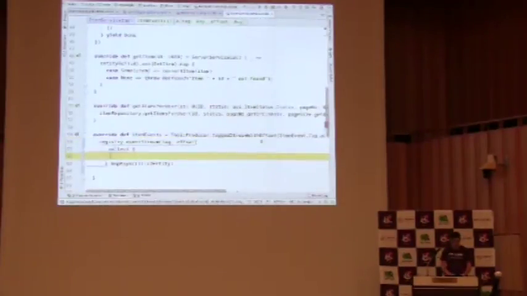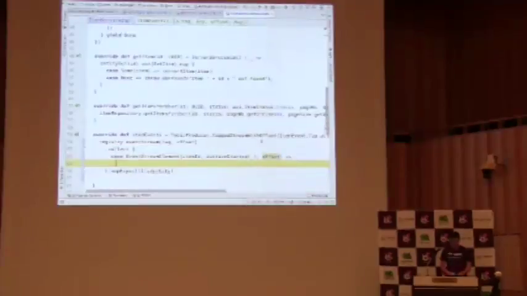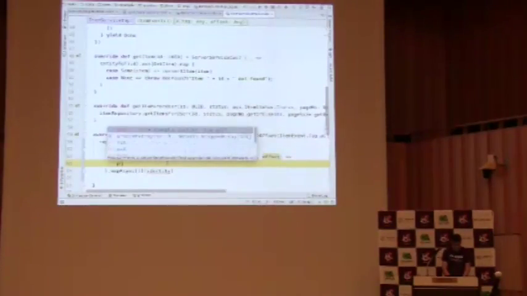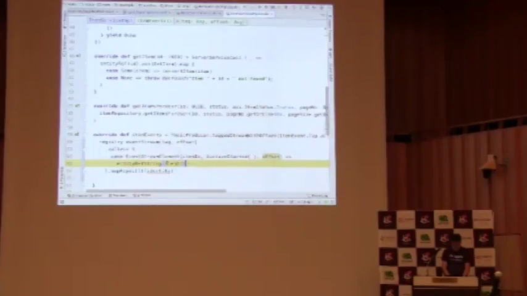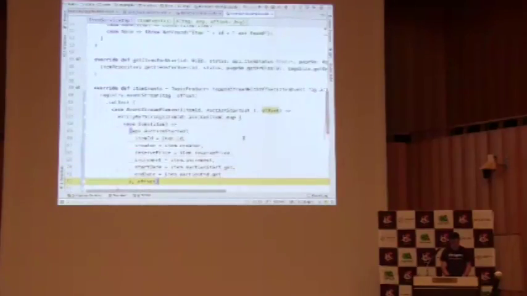And so I'm matching here on an auction started event. You can see the auction started there. In this case, I actually need a bit more information, so I'm going to ask the entity to get the item. Then I'll convert that item to an auction started event that's part of my API, which will then be published. Lagom uses Kafka to publish events between services, so this auction started event is going to be published to Kafka.